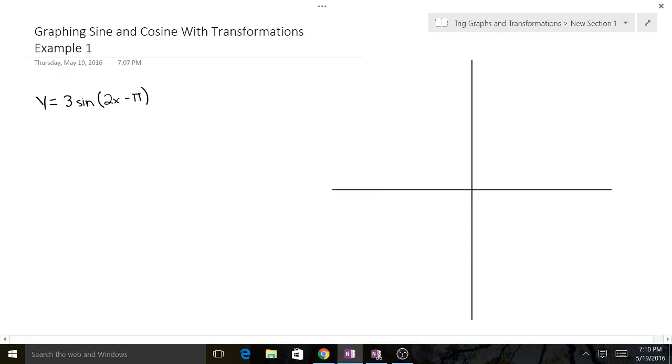Hey guys, so in this example we're going to be graphing sine and cosine with transformations. This is going to be our first example. I hope you've gone through the practices. We've explained all the different types of transformations you can have, and this one is kind of an example of putting everything together. So the first thing I would do here is I would write, well, what's our basic formula